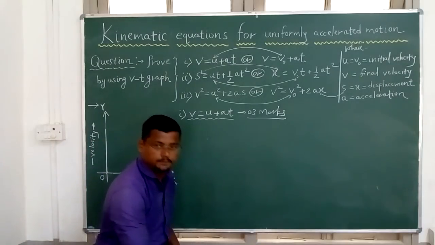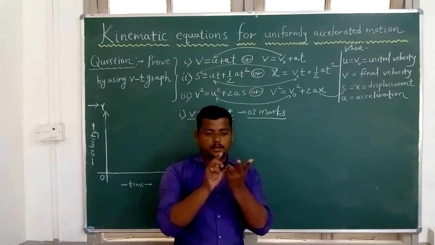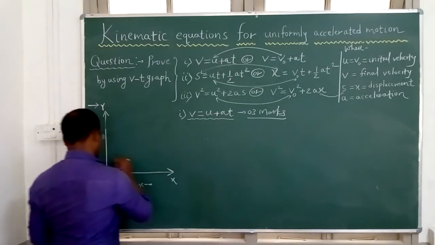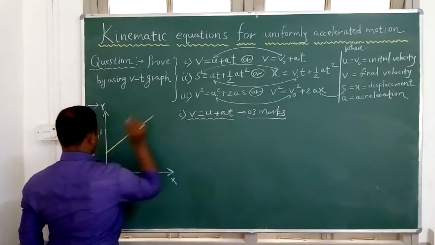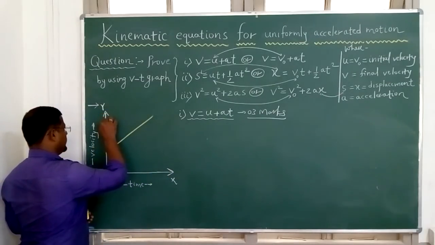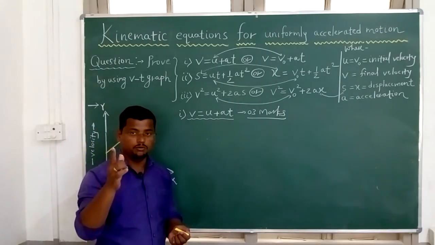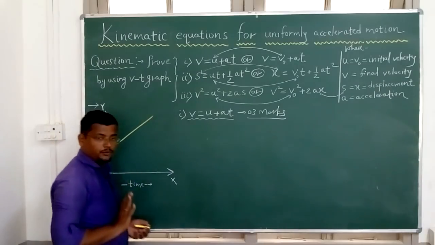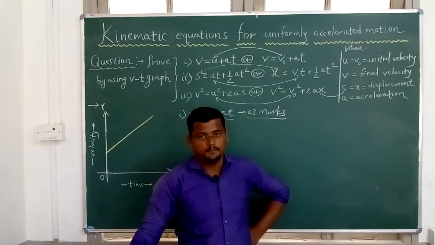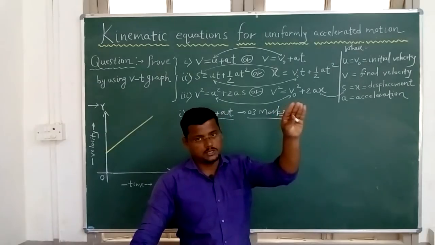Now just see, in your graph we want to represent u and v, a and t, meaning I want the initial velocity. So your graph for your derivation is like this. What does this graph represent? We know it is the graph of uniformly increasing velocity. Why uniform? Because we have a straight line. In my previous classes I told you, whenever the graph is a straight line, it means it is uniform, and the graph is moving up, so it is uniformly increasing velocity.